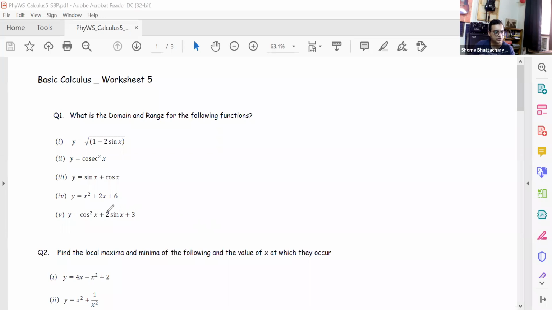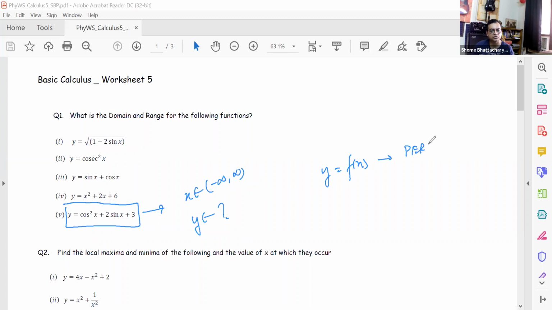So for example, in this function, what we can understand for domain and range. Domain obviously will be all real numbers, because sin x and cos x are defined for all real numbers. But as far as range is concerned, y as a function here is a periodic function,